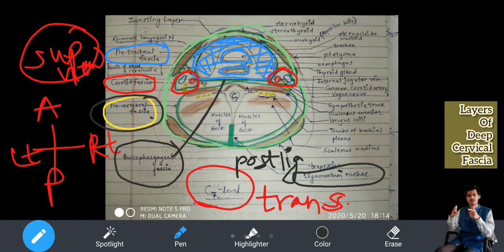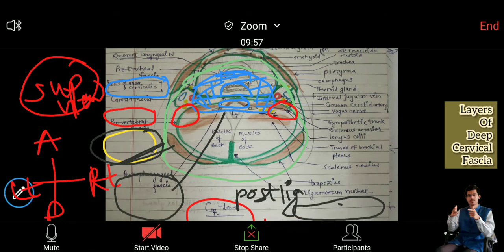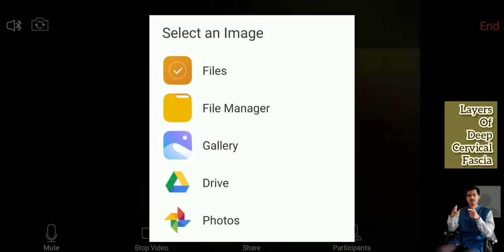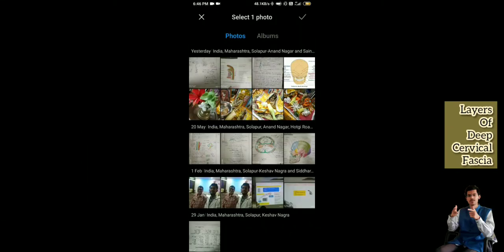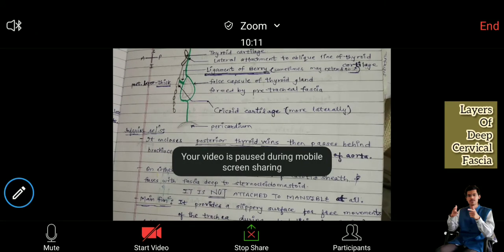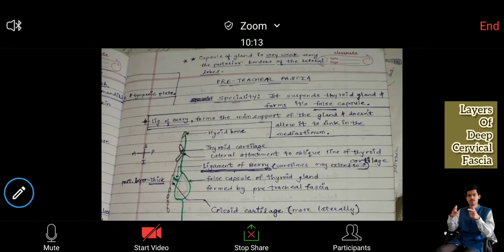Now when we discuss prevertebral fascia in detail, I will tell you what it is. Okay, and we have a separate diagram for this. So I think you have taken a screenshot of this. Now we will discuss in detail the second, that is the pretracheal fascia. I already have a diagram, because these diagrams are very complex in drawing and I won't get them in a single shot. So I've already drawn them for you. I'm using my notes so that it becomes easier for us.